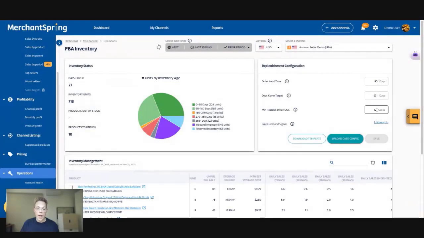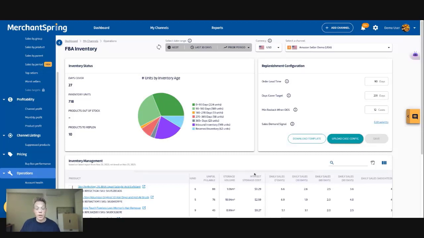So once we've done that, there is one final input here, which is the minimum restock when you're out of stock. This is really asking you the question, in simple terms, if a product is out of stock and there is no recent demand signal, so we don't know what it's been selling at, either because we're dealing with a long-term out of stock, or maybe it's a completely new SKU, what is the replenishment inventory or replenishment units that you want to put into the system? We have to start with something. We have to start with an opening order. What would you like that order to be?